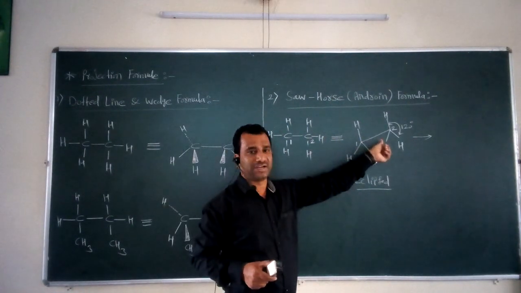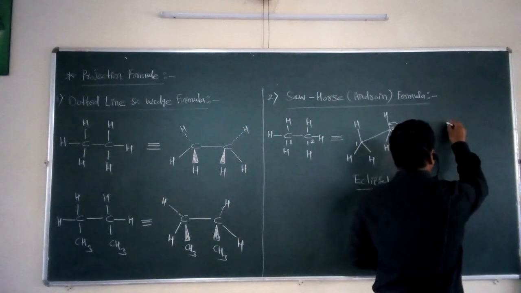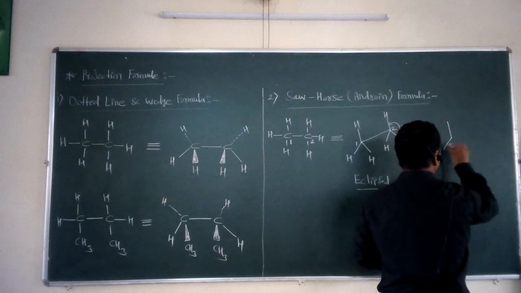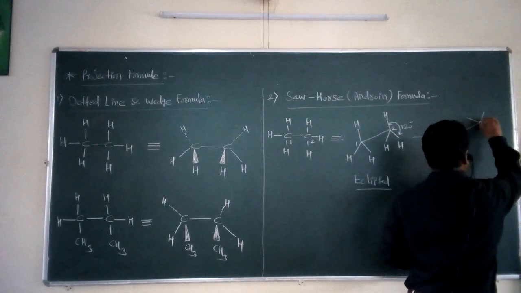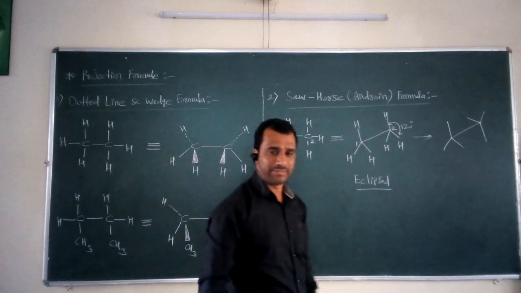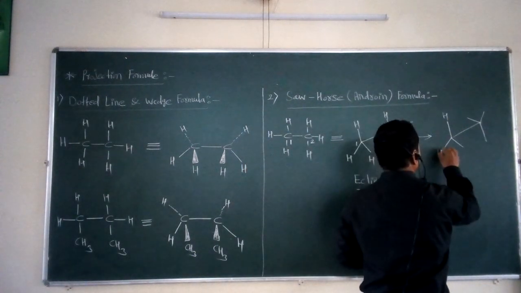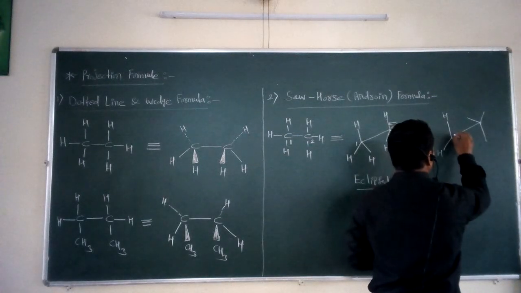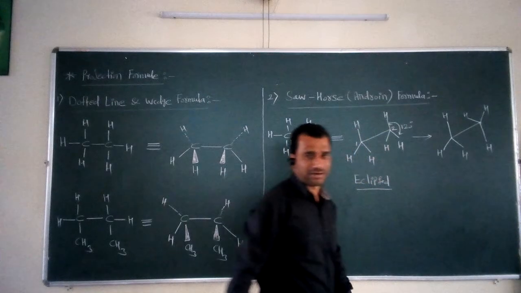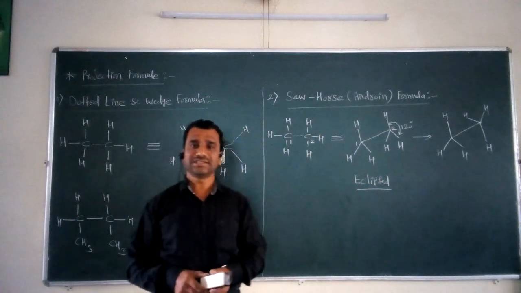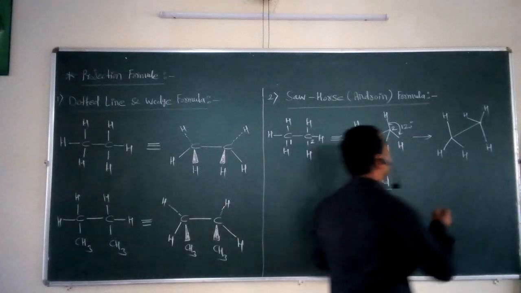We have to just rotate this bond between this carbon and carbon. After that, we get the second type of representation of this ethane molecule in another view, in which again this is the substituent attached to this carbon, first hydrogen, second, and again this is a hydrogen. Now this type of representation of the ethane molecule is called the staggered conformation.